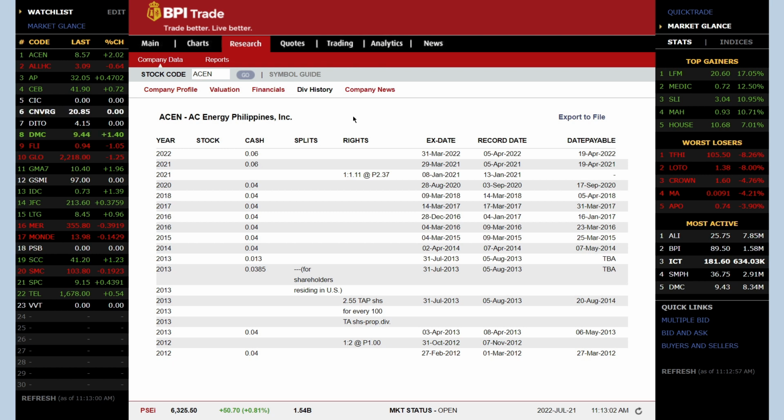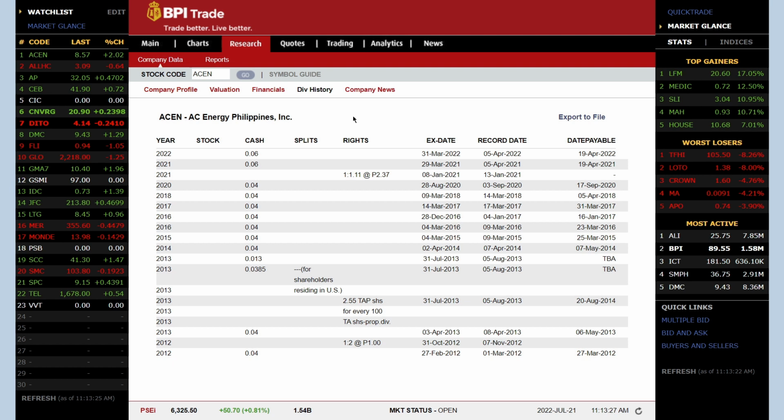And, syempre, mas maganda kapag nag-hold ka lang for the long term na nagkakaroon ka ng additional capital dahil lang hino-hold mo yung stock na yun. So that's why I like dividend paying stocks. So kumbaga more on the mature side of business na. Dapat cash cow na kumbaga na yung business